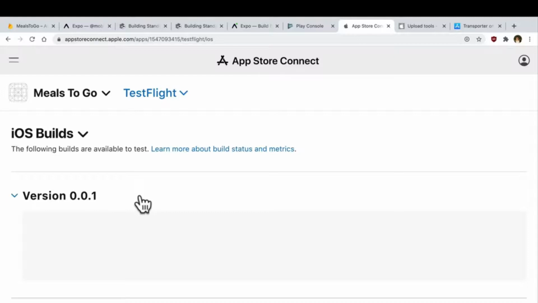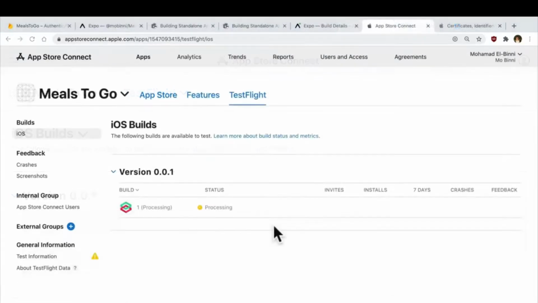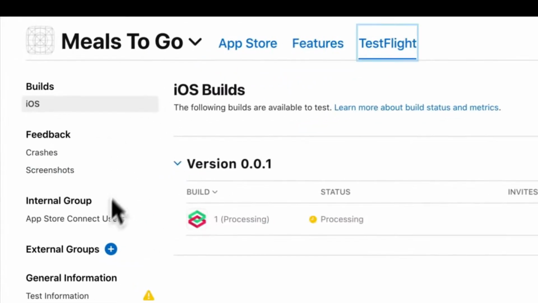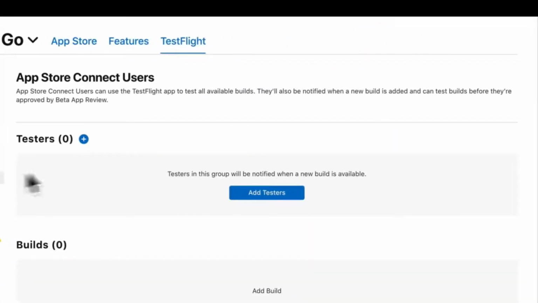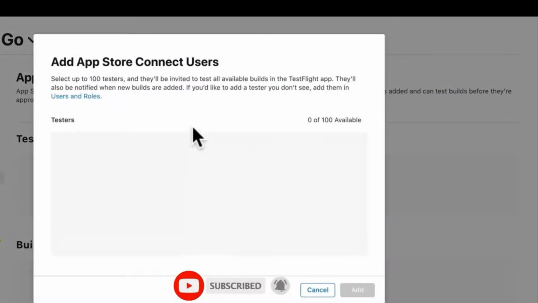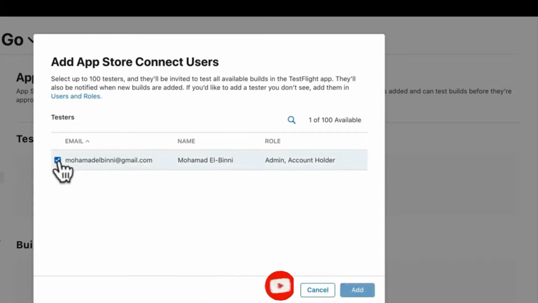Okay, so how do I test this on my phone now? The way that we allow people to test our application is over here in the iOS build section of TestFlight. We can see that our build is currently processing. But if we go over here to the internal and external groups, what we can see is that if we click on App Store Connect users, App Store Connect users can use TestFlight on all devices and all active builds. So if we add a tester, what we need to do is add our admin account